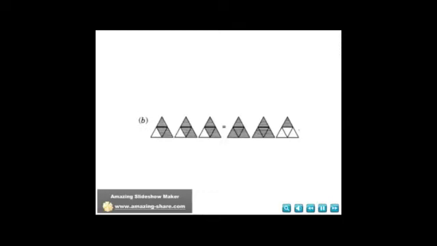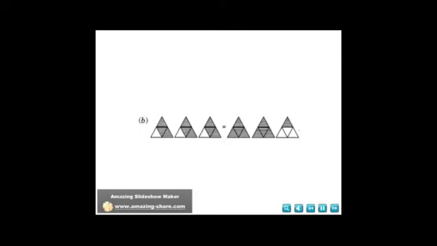In the right hand side also we are given 3 triangles, and each and every triangle is divided into 4 parts. We can see in the first triangle all the 4 parts are shaded. So its fraction is 4 by 4. In the second diagram also all the 4 parts are shaded. So its fraction is also 4 by 4. In a fraction 4 by 4, if we cancel 4 and 4, we will get 1. Since we have 2 triangles which are fully shaded, we have 2 into 1 which is equal to 2.